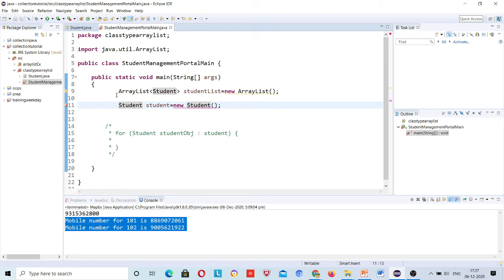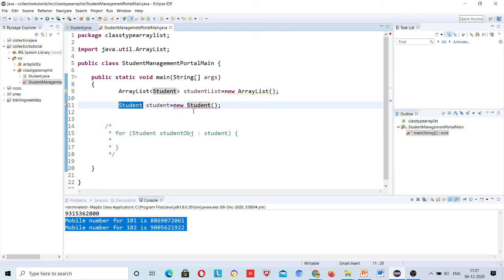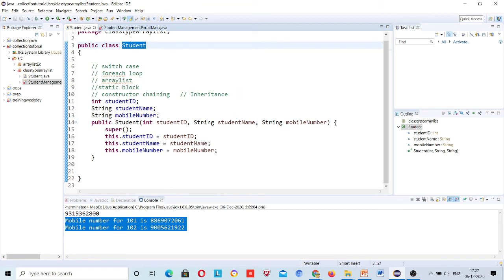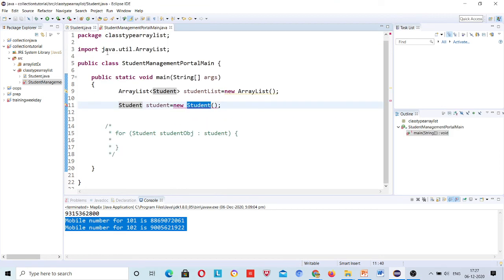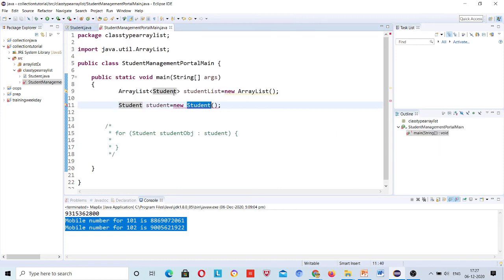In is-a relationship, what do you do? You extend this, right? But in has-a relationship, you simply declare the class here and create an object inside a particular class. What are we doing here? This student class has the student ID, name and mobile number. We are adding student